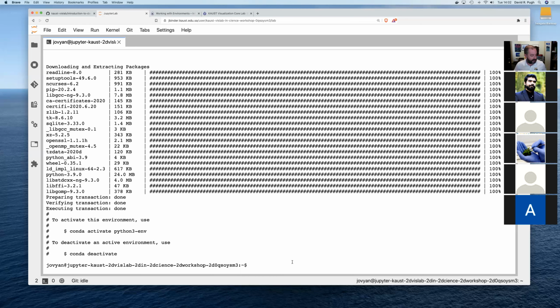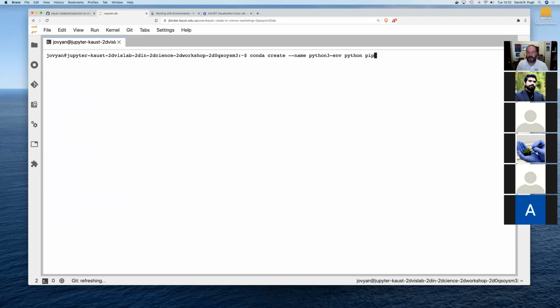All right, so we've done it once, so let's do it again. So let's clear. Now let's suppose instead of the most recent version of Python, we wanted an older version of Python. So we can specify a particular version of Python by just saying python equals, say, 3.6. So that's a very common version of Python that is generally compatible with most packages and things like that. So we use Python 3.6 and pip 20.0 instead of 20.2. And now if we hit enter,